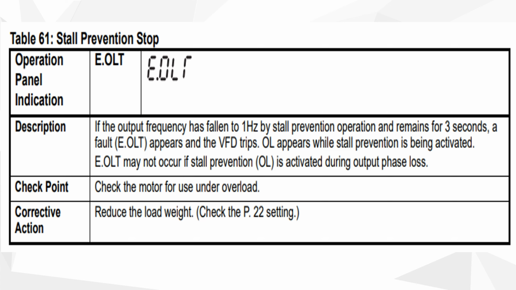So the reason is that the motor health is different and the motor capacity is different, we are giving higher current, higher load to the motor. So in that case we have to reduce the load of the motor, that is the solution. And we have to check the parameter number P.22 setting also, and we have to check whether the motor is capable for this application. Might be the application is different and the motor and VFD are using